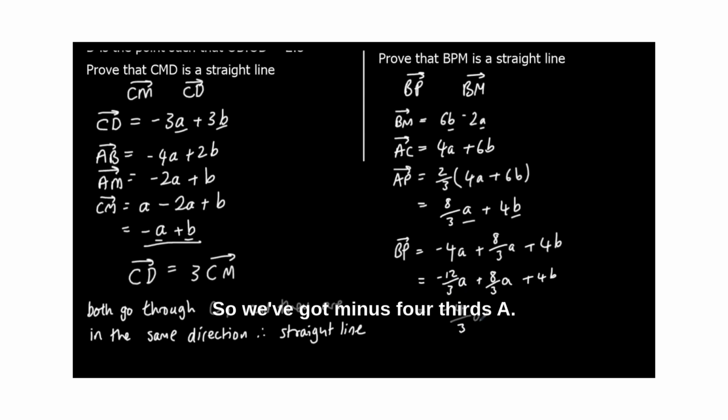So we've got minus 4/3 a plus 4b. And we had B to M